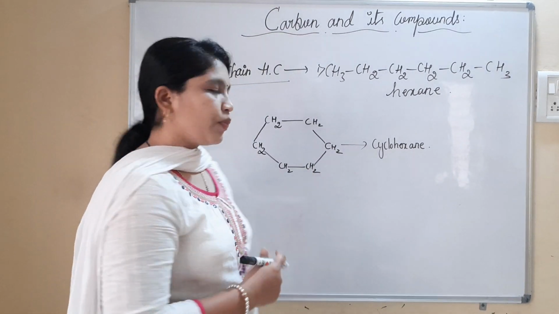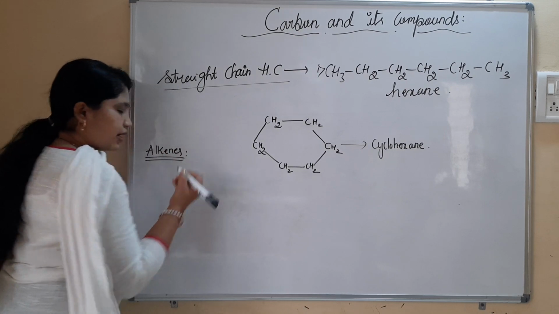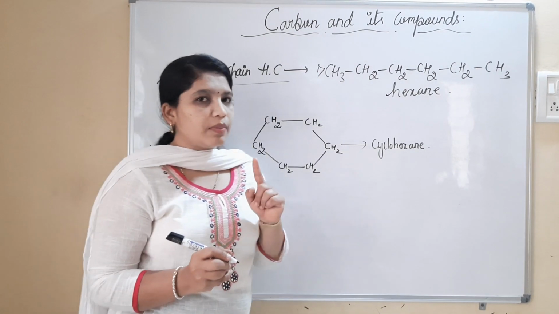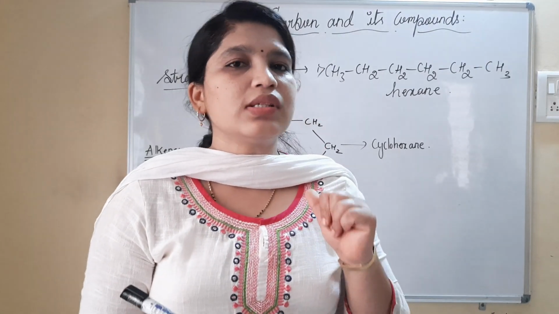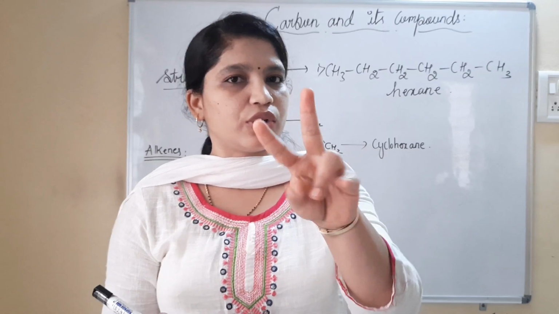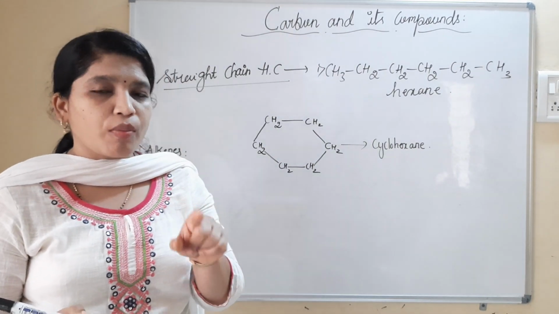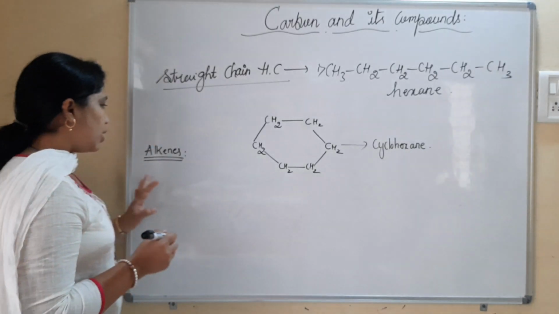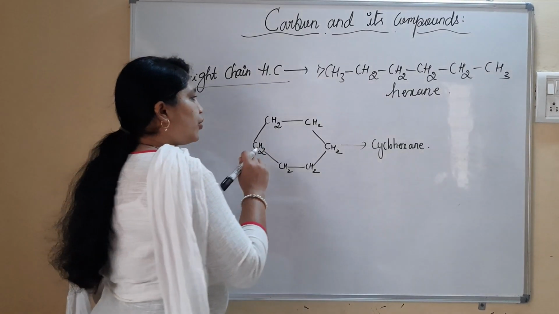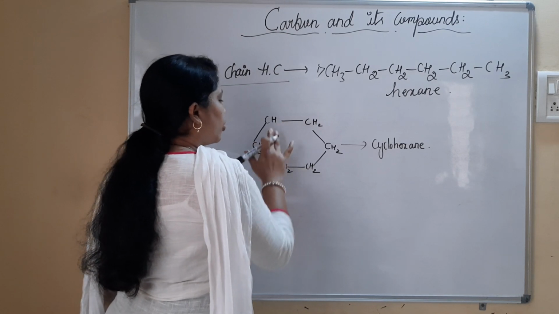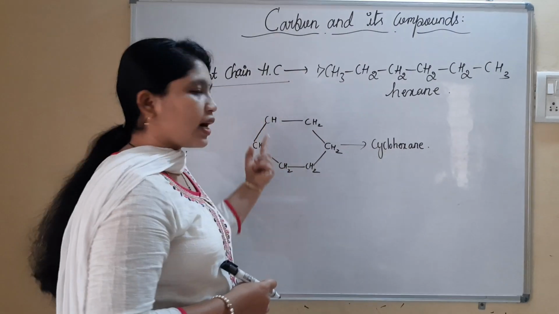We have seen alkenes, right? From these alkenes, we have understood that there will be a presence of at least one carbon-carbon multiple bond. For alkenes, how many bonds? Compulsorily between carbon and carbon, there are 2 bonds. Then they are referred to as alkenes. We have even seen the general formula, CnH2n, right? So here, alkenes will always possess a carbon-carbon double bond. So what do I do? I will be placing a carbon-carbon double bond. How do I place it here? See, there were two hydrogen atoms for these 2 carbon atoms, right?